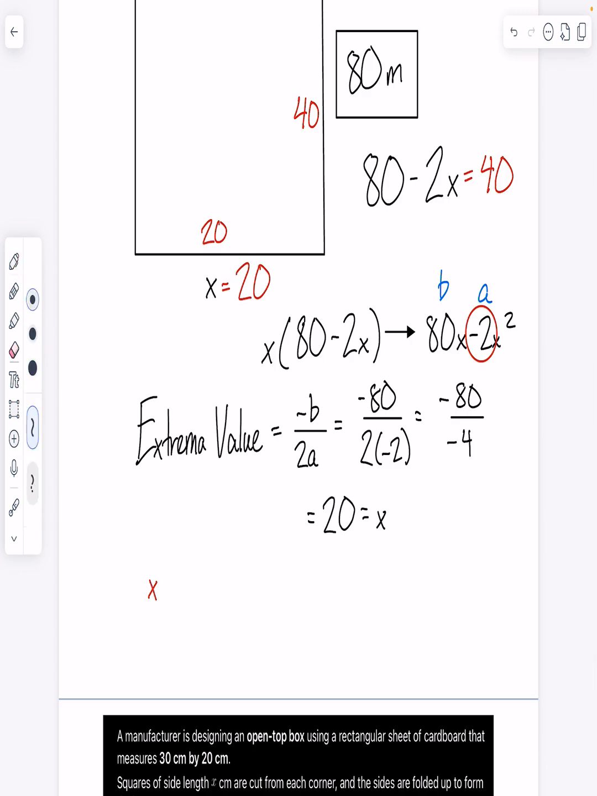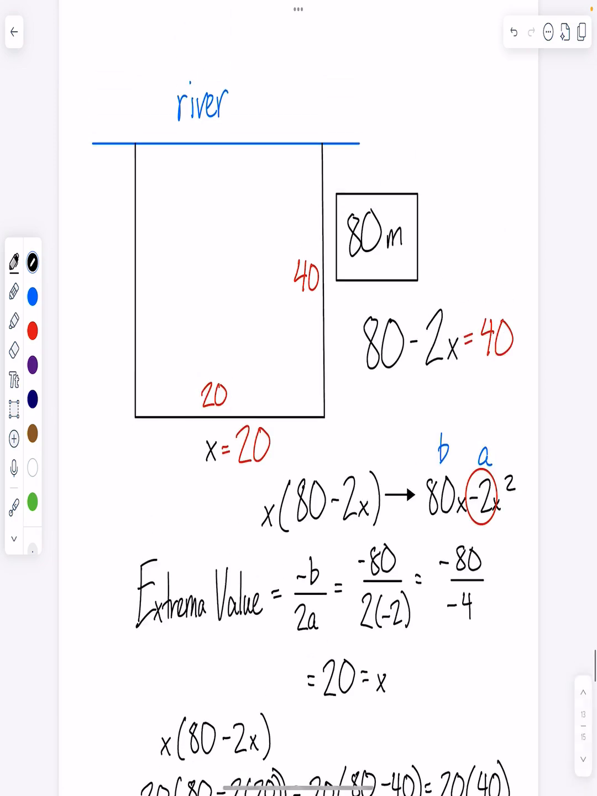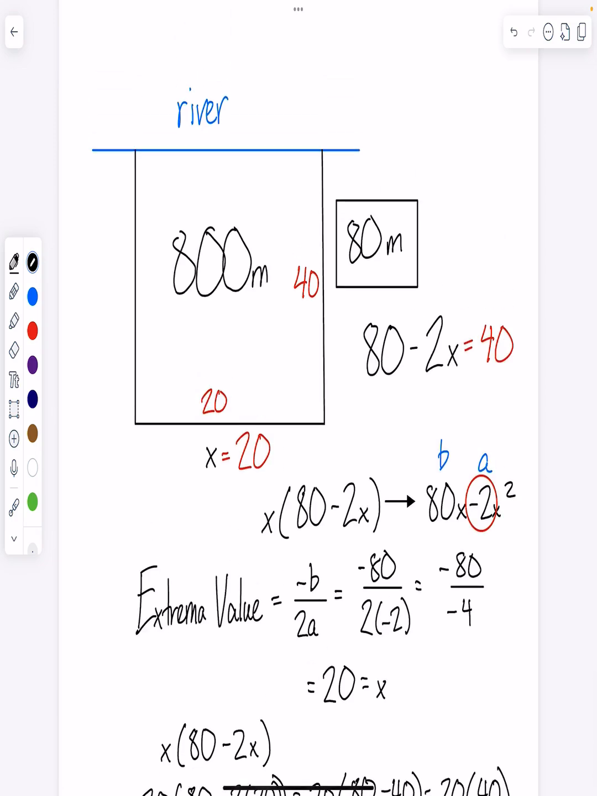area possible. So if I have x times 80 minus 2x, plug in 20 back in for x, this would give me 20 times 80 minus 40, which would give me 20 times 40, which should give me 800. So 800 meters squared is the maximum area I could possibly have when I utilize a 20 by 40 fencing